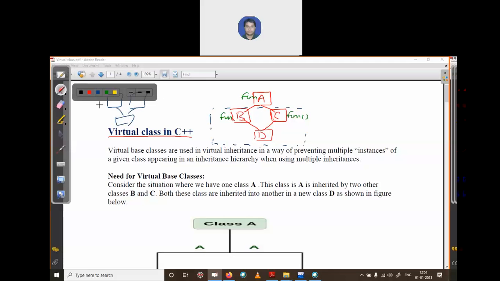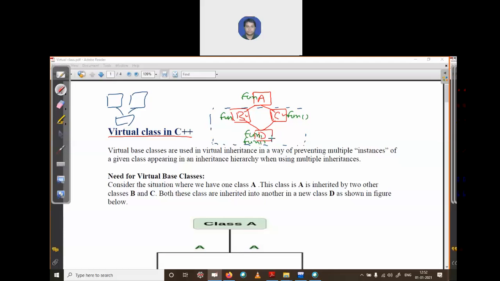Now B and C are two base classes which derive one derived class, D. When we derive subclass D from base classes B and C, the properties of B and C are acquired by class D. It takes the fun function from class B and the same fun function from C. Now class D has two fun functions with the same name and same functionality.